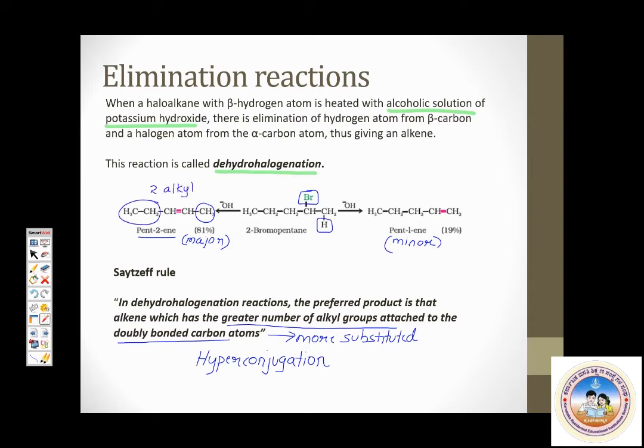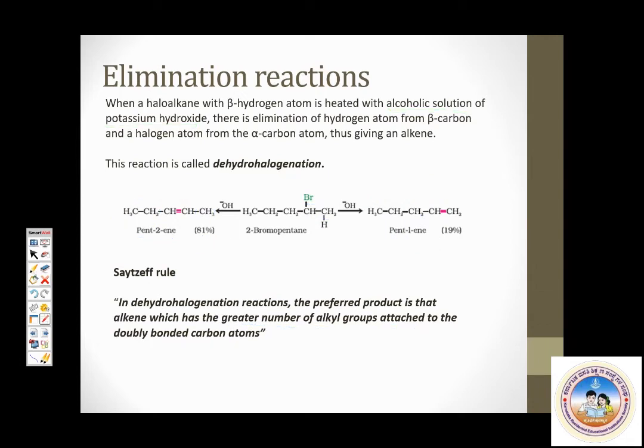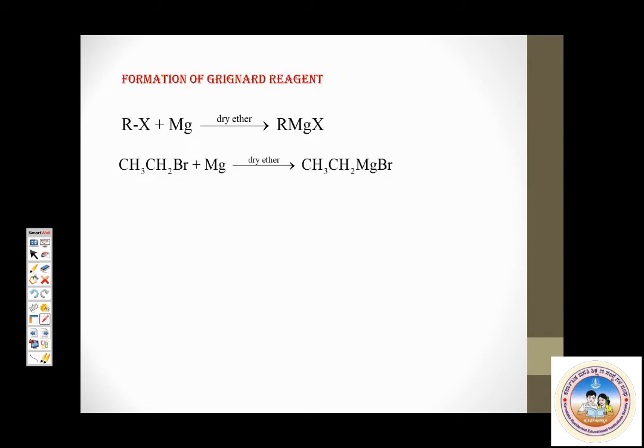Then you have a few other reactions of haloalkanes where they react with metals. Haloalkanes react with metallic magnesium in presence of dry ether to give you what are called Grignard reagents, represented as RMgX. So important reaction. And then this reaction is again familiar to us. We have studied this under alkanes. This is Wurtz reaction where haloalkanes are made to react with metallic sodium in presence of dry ether.